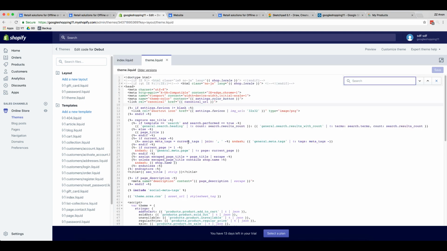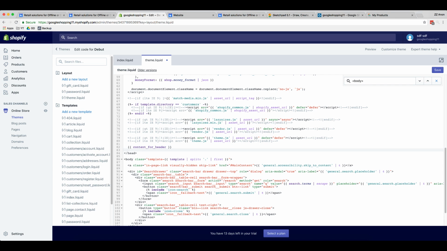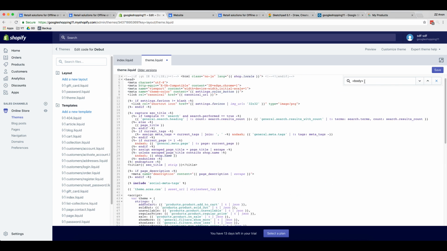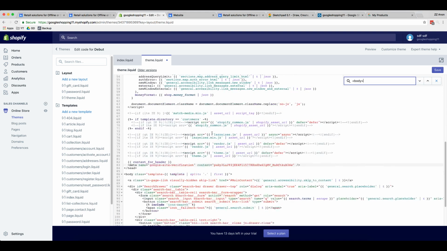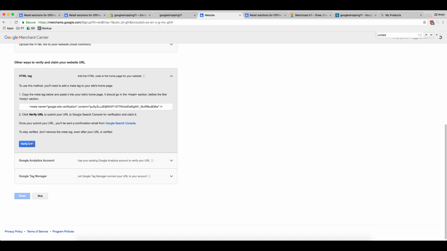Then we want to look for body, and we just want to put it just before the closing head tag here. I just pressed Command F and typed in body. This is the opening tag of the body, and this is the closing tag of the head, so it's better to just copy and paste that. If you're trying to look for it, just type in head and find this, then paste in the verification, then hit save. Then we come back and click verify URL,